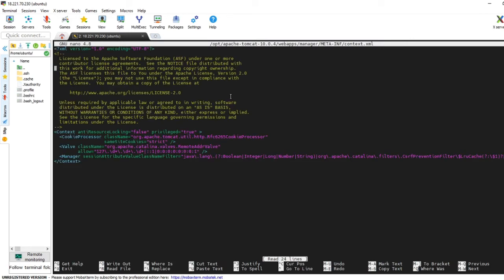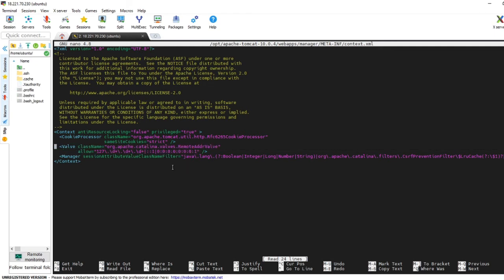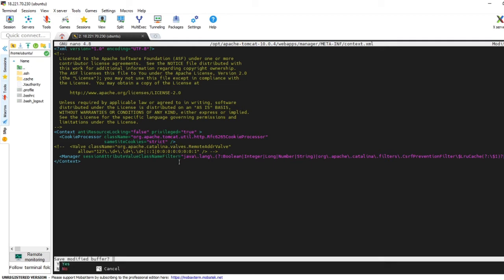Okay, so here at the end there is the Valve class name, and these two lines of code will be commented out. So to comment out, I'm writing this at the start, and at the end also this. It's now yellow color, which means it will not be executed. So let me save it.